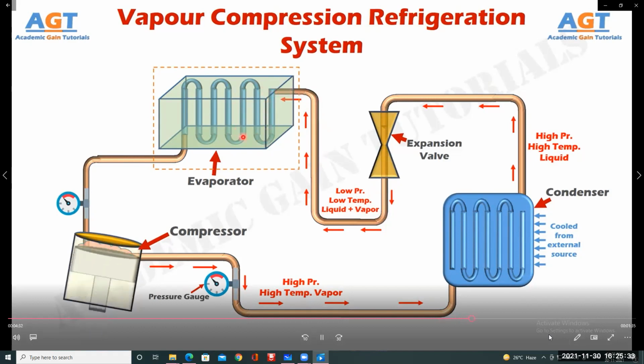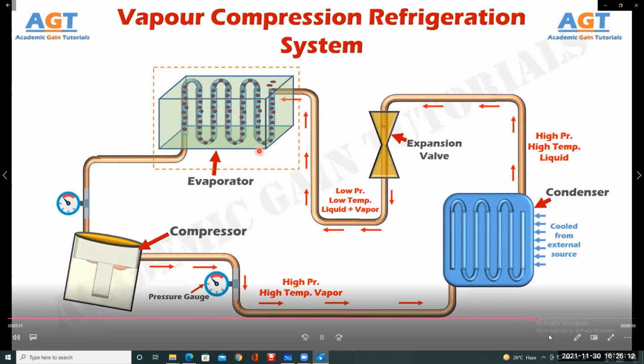We all know that the main cooling effect or refrigeration effect always occurs in the evaporator. So, when this low pressure, very cold, chilled, low temperature liquid refrigerant enters the evaporator coils, it will absorb all the heat present in the surface of the evaporator coils. By absorbing all the heat from the surrounding region of the evaporator coils, this cold chilled liquid refrigerant will completely turn into low pressure vapor refrigerant inside these coils, and the surrounding region of the evaporator will become cold by losing the heat to this liquid. Thus the cooling effect or refrigeration effect has occurred in the evaporator.